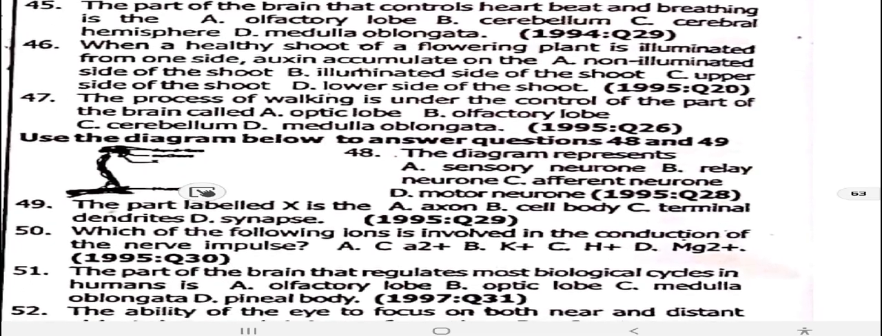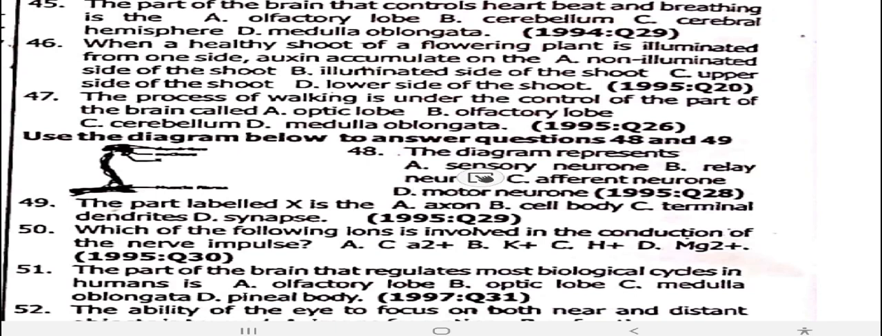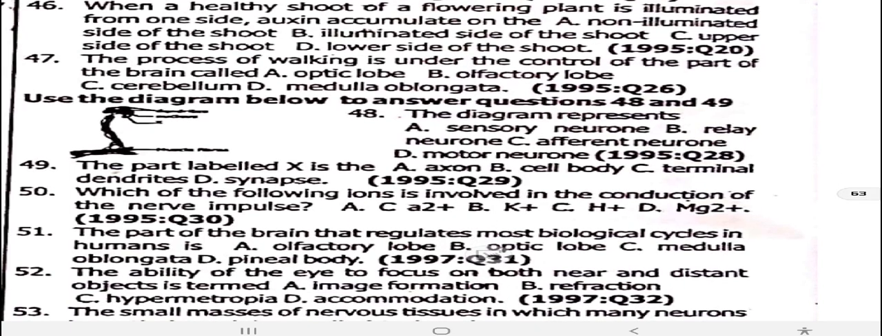47. The process of walking is under the control of the cerebellum. 47 is option C. How cheap this chapter can be if you've gotten a grasp of it. 48. The diagram represents the sensory neuron. The part labeled X is most likely to be the cell body. 50. Which of the following ions are involved in conduction of nerve impulse? Potassium and sodium ions, K plus and Na plus, are involved in the conduction of nerve